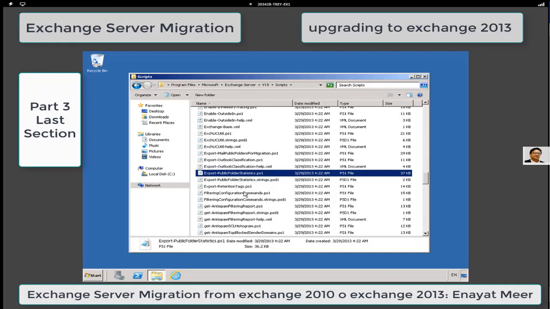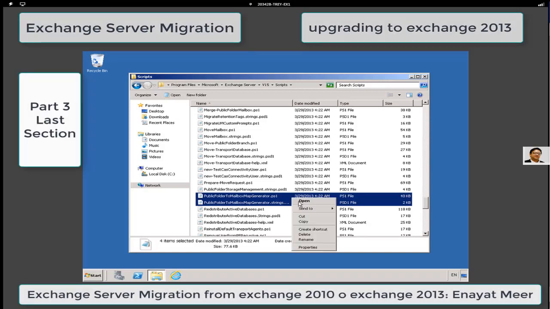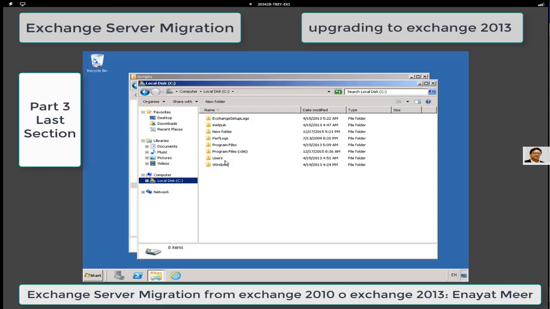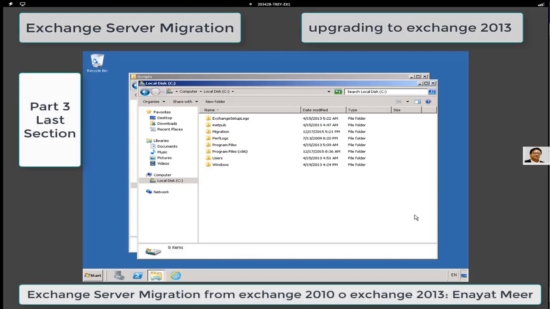So here you are going to get four scripts actually: Export-PublicFolderStatistics and Export-PublicFolderStatistics.strings.psd1, PublicFolderToMailboxMapGenerator and PublicFolderToMailboxMapGenerator.strings. So those are basically what we copied, and these files are coming from your Exchange 2013, and I made a new folder